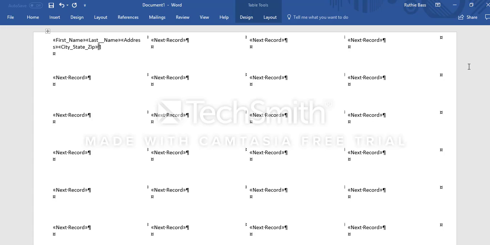And before you complete, you want to do cleanup on your records. So make sure that there's a space between first and last name. Make sure that your address is on a separate line, as well as your city, state, and your zip. And while you're in this screen, you want to go ahead and do any formatting that you want to your label. So you highlight the label